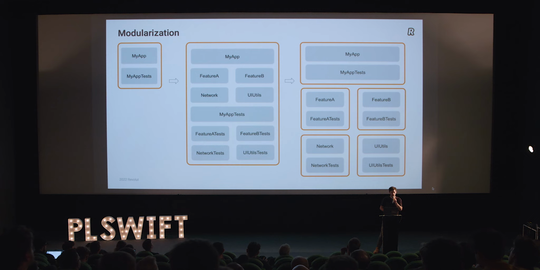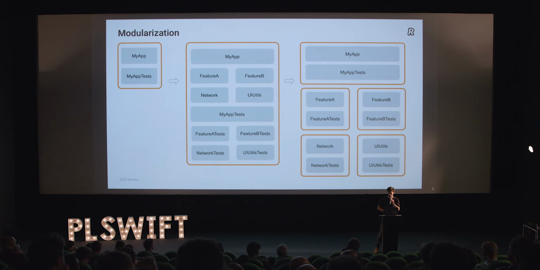Eventually, you add a couple of developers to the team, you keep developing, there is more code, and then things start getting slow. Xcode starts not indexing so well, and then somebody comes with the idea, okay, let's modularize a bit, let's start making targets inside the same Xcode project. That's what you see in the middle. You have some feature modules, you have some core modules, but it's still on the same Xcode project. And this is all good for a bit, but then the problem keeps appearing. Even if you modularize the targets, Xcode is slow.